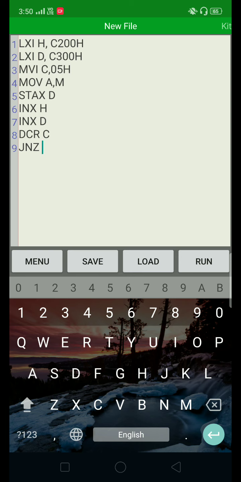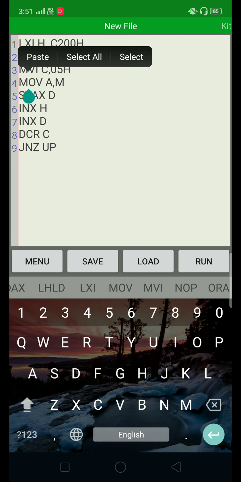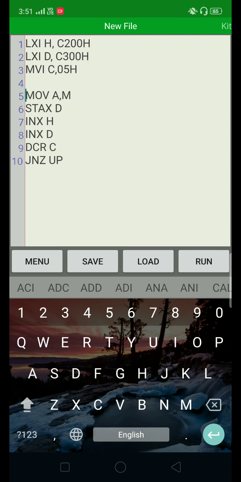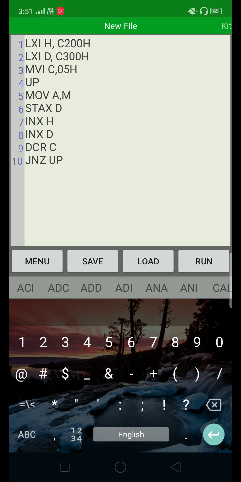So here instead of address I am going to give the label up, and this up label should come in front of move A comma M, because from this move A comma M the array transfer process starts. Okay, up colon and then move A comma M instruction,